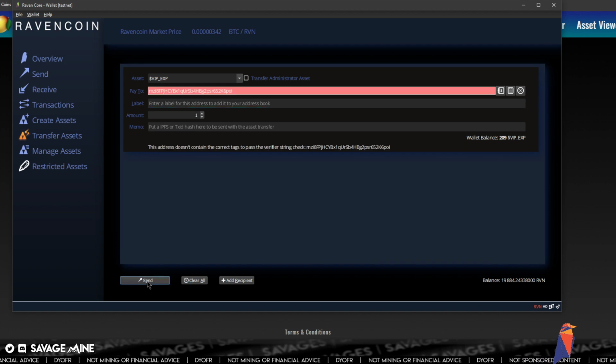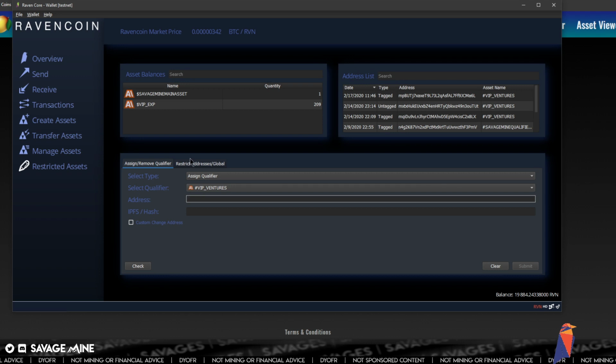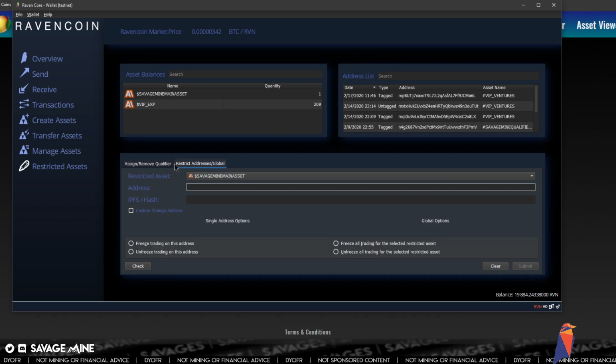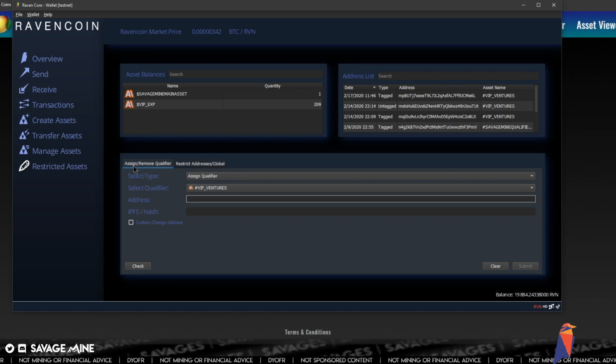So we're gonna click send, and it says this address does not contain the correct tags to pass the verifier string check, right? So that means that it's not a tagged address. So what do we have to do? Well, we need to go to restricted assets and then go to assign and remove qualifier.